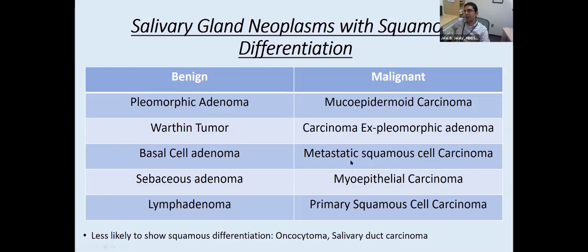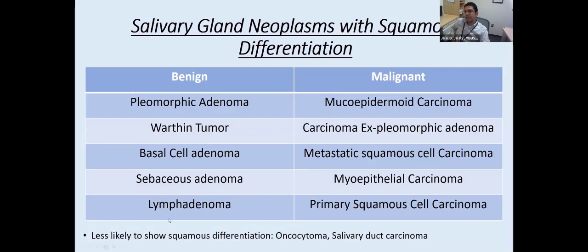Carcinoma ex pleomorphic adenoma, usually those will have a long-standing history of a large mass that was benign and staying there, but all of a sudden started rapidly growing, and that's when you start suspecting a carcinoma ex pleomorphic adenoma. So that's not the history in this case either. Metastatic squamous cell carcinoma is certainly a consideration. It can show up in the parotid gland, and it's certainly more common than primary squamous cell carcinoma of the parotid, which is extremely rare.